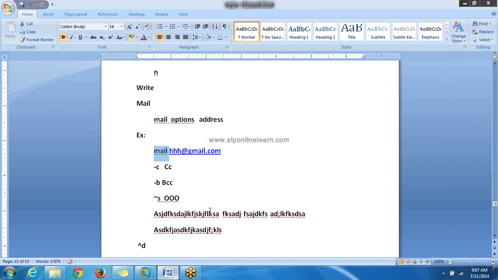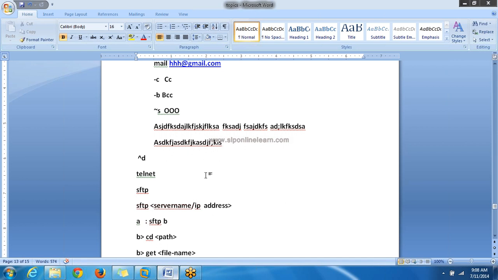Generally mail or mailx are both used for sending mails. With this mail command we can also see the incoming mails when you log into the system. You can see incoming mails, send mails, delete mails, and manage all your mails. This is the older Unix mailing system. It's very old, so nowadays we are not using the Unix mail system. But this mail or mailx command